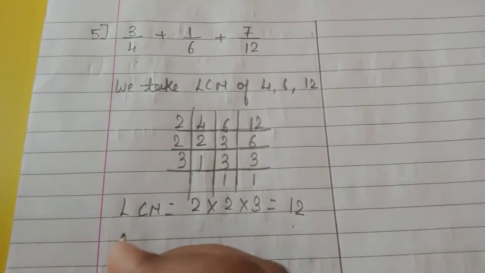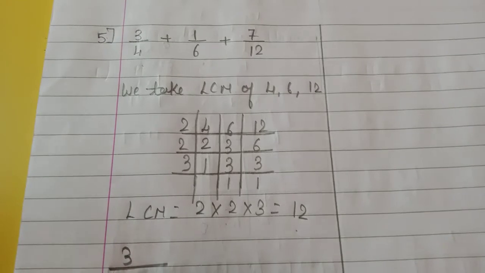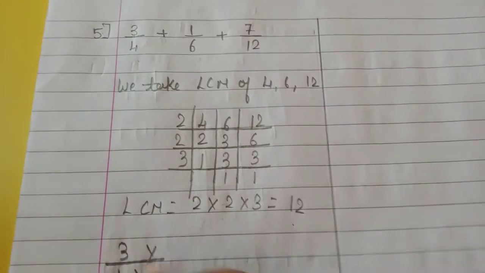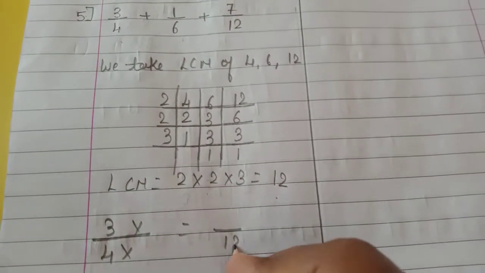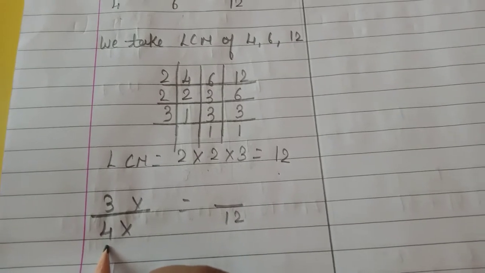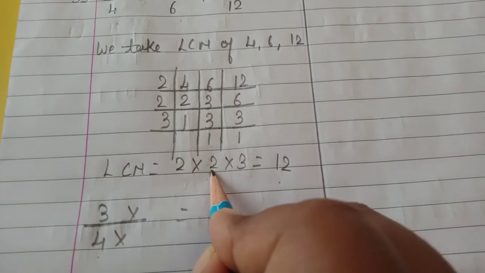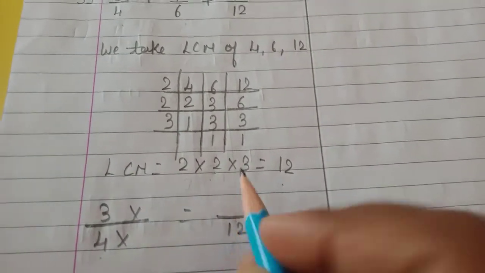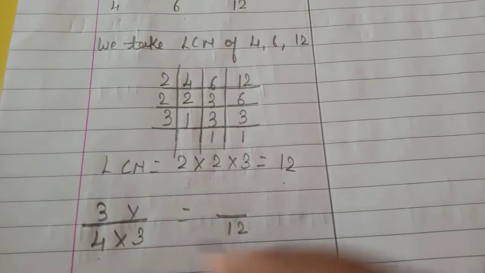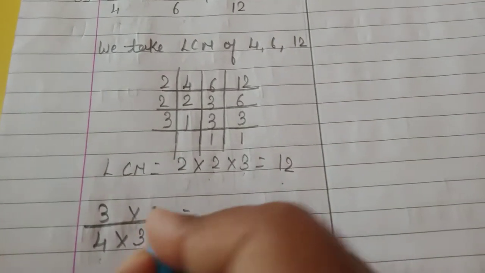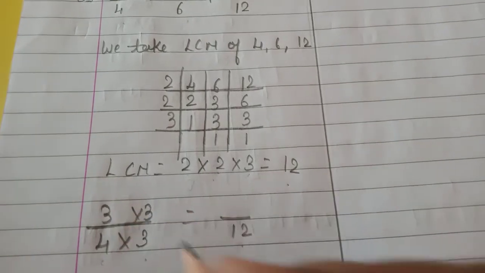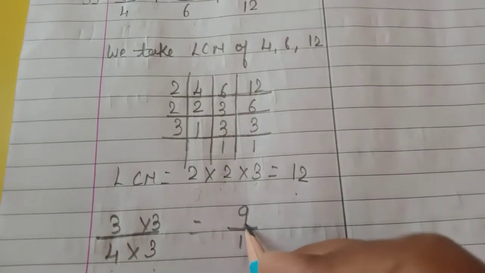So now we will multiply the fractions. So 3 upon 4 is the first fraction. We want denominator 12. So with 4 what will we multiply? See, 2 2s are 4. So which number is left? 3. So we will multiply 3 to get 12. See, 4 3s are 12. In the numerator also we will multiply the same 3. So 3 3s are 9.